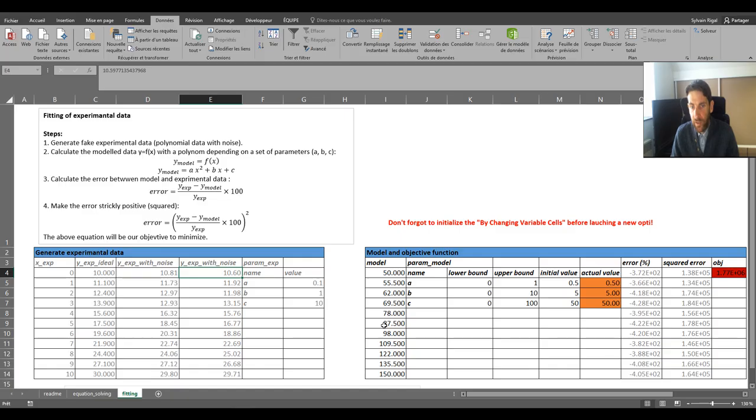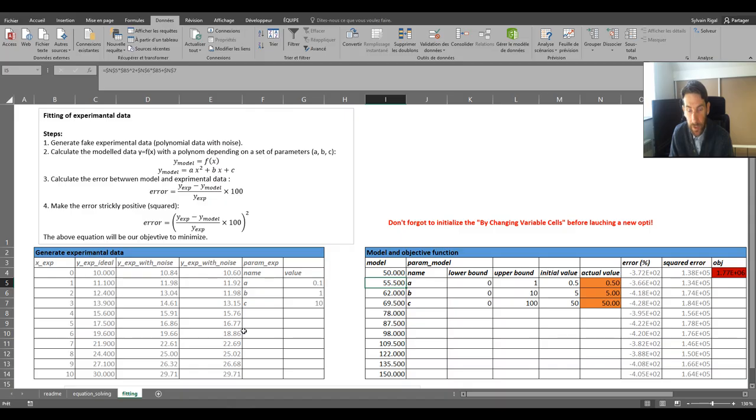And I have to calculate my model. So my model is calculated in the same way here, because I artificially generated the experimental data, but the model will be calculated like this, with again ax squared plus bx plus c, but this time the a, b, c parameters can be changed by the solver. Okay, the Excel solver will try to change these values in order to minimize the error between the model and the experimental data. Okay, so I have to calculate, of course, this model value for each experimental x. So I use here the experimental x, of course,